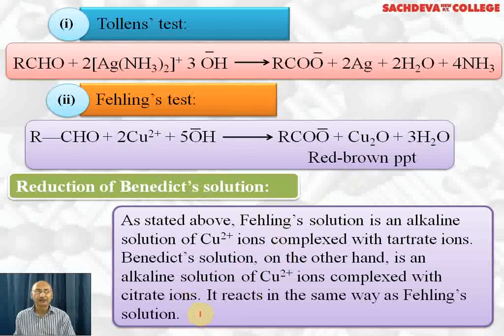Ketones do not react with Tollens reagent as well as Fehling solution. Benzaldehyde does not react with Fehling solution because it's a weak reducing agent. Formic acid gives Tollens reagent test as well as Fehling solution test because it contains an aldehyde group also along with the carboxylic acid. It gets oxidized to carbon dioxide and water. With Tollens reagent it forms a silver mirror, and in Fehling solution it gives a reddish brown precipitate due to Cu2O.